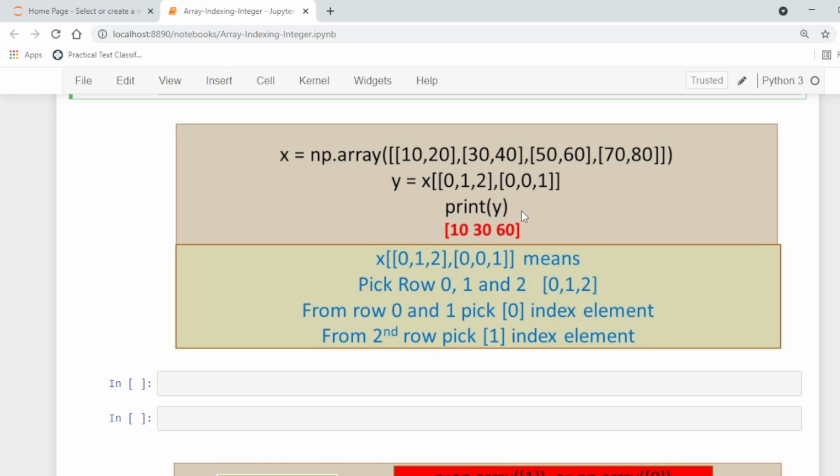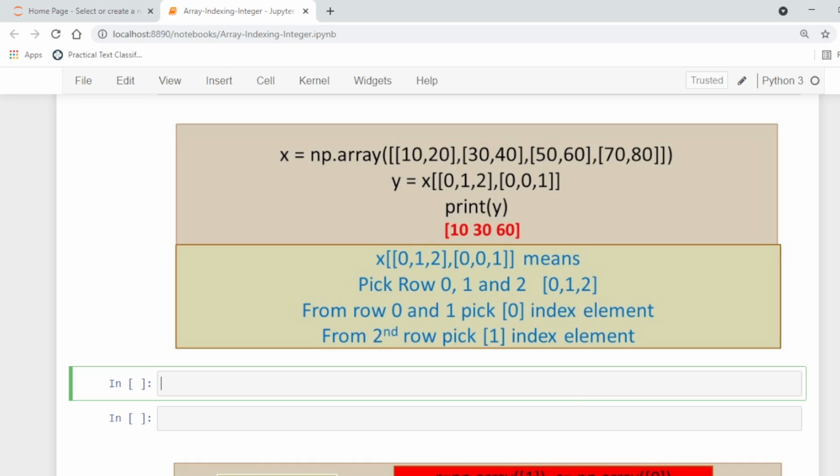After using this array as a subscript for the above array, we will get the following values. For 0, 1, 2 and 0, 0, 1: pick row 0 with column 0, from row 1 pick the 0 index element, and from row 2 pick the 1 element.